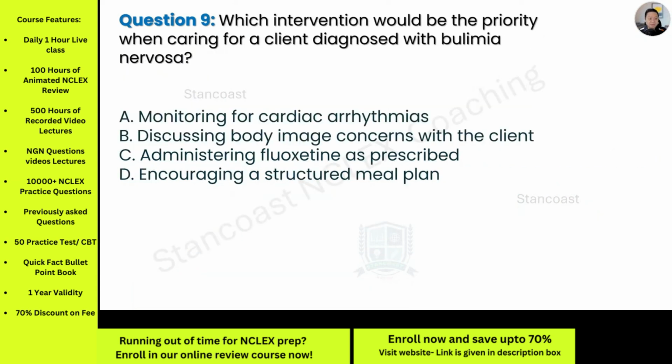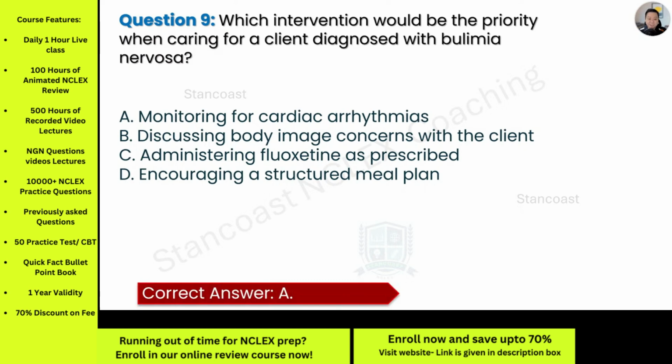Let's have number 9. Which intervention would be the priority when caring for a client diagnosed with bulimia nervosa? A. Monitoring for cardiac arrhythmias. B. Discussing body image concerns with the client. C. Administering fluoxetine as prescribed. And D. Encouraging a structured meal plan. The answer is letter A because bulimia nervosa is associated with several severe complications, which include electrolyte imbalances being one